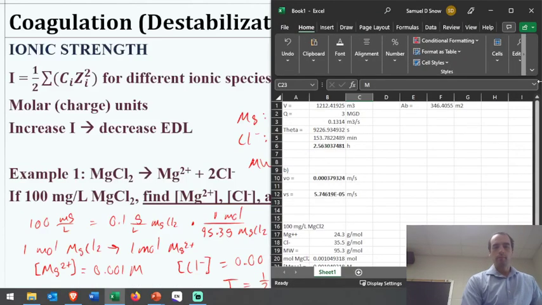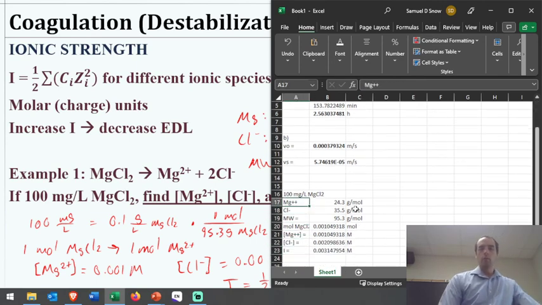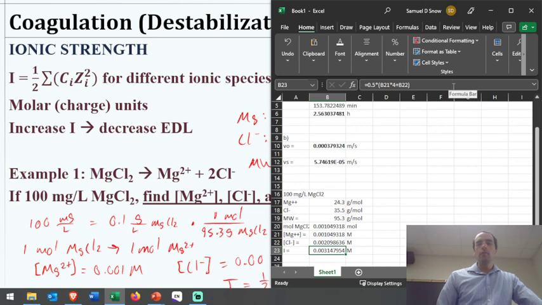Let's do that. So here, I just kind of wrote the different parts out. Magnesium, chloride, molecular weight of them both. Okay. That moles of magnesium chloride is 0.001 with some decimal places. So that means our moles per liter of Mg2+ is 0.00104, chloride 0.00209,